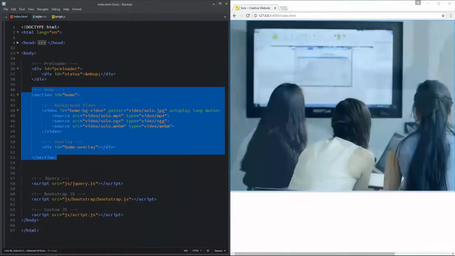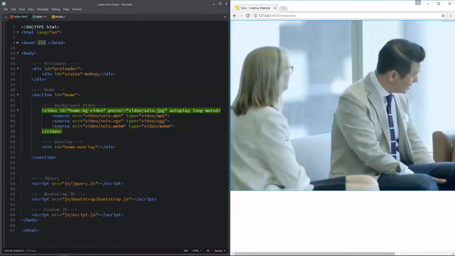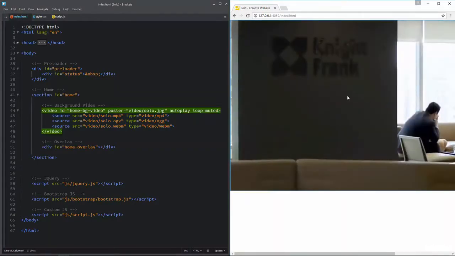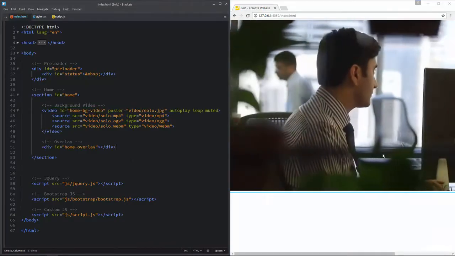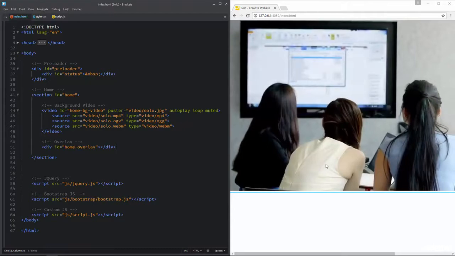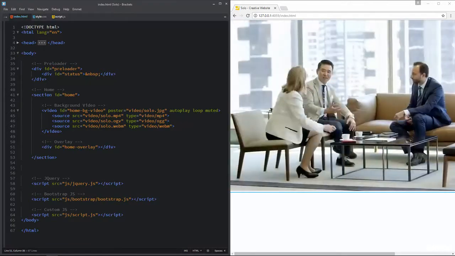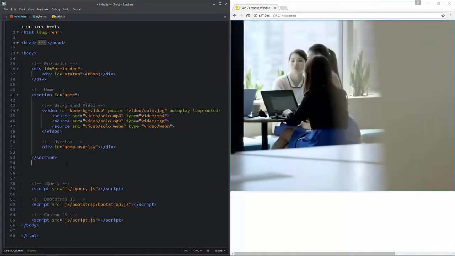This is the HTML markup which we wrote in last lecture, and this is the current view of home section inside web browser. Now it is the time to apply some style to home section. Before I start styling home section, I want to add some temporary space under this video element so we can enable the scroll bar for this browser window. I'm going to add some temporary space under this home section.